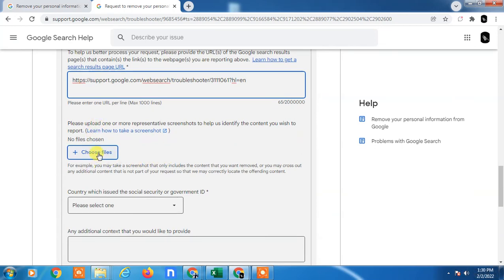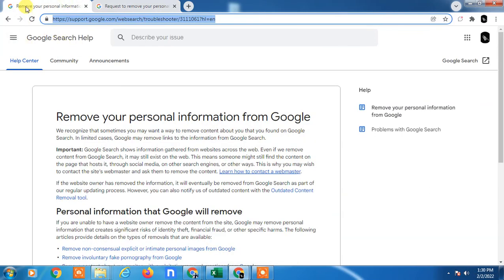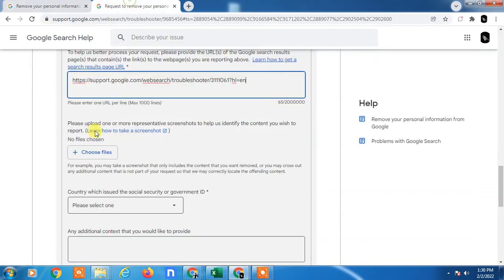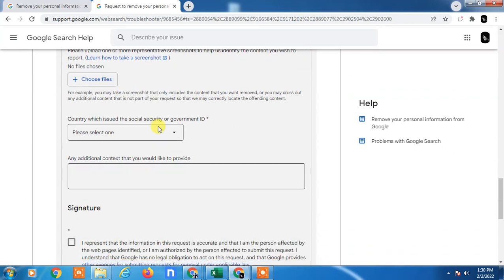You can also give a screenshot of this website. There is a button on your keyboard called Print Screen. Press that to get the screenshot and upload it from here.